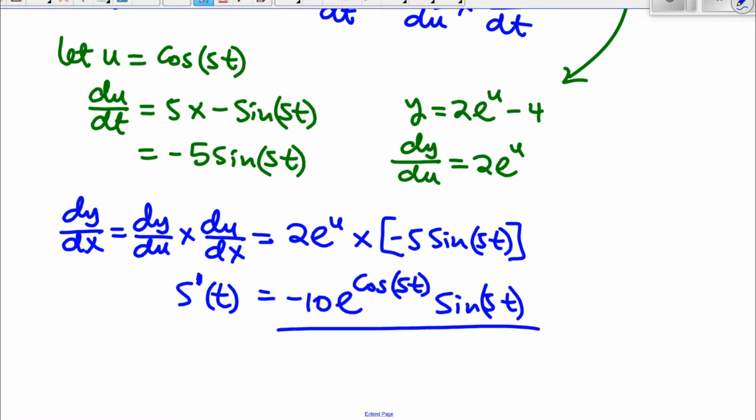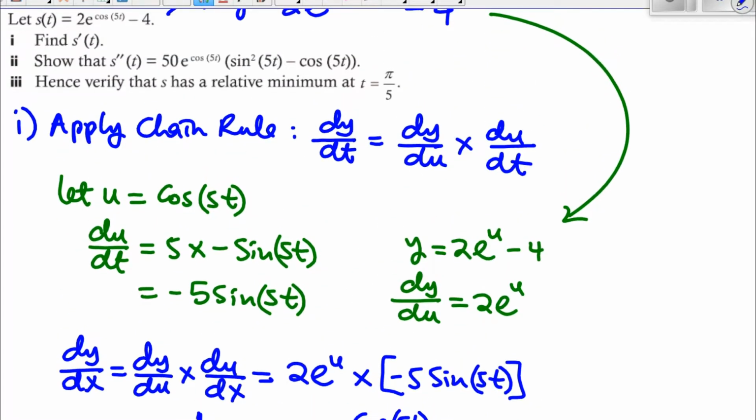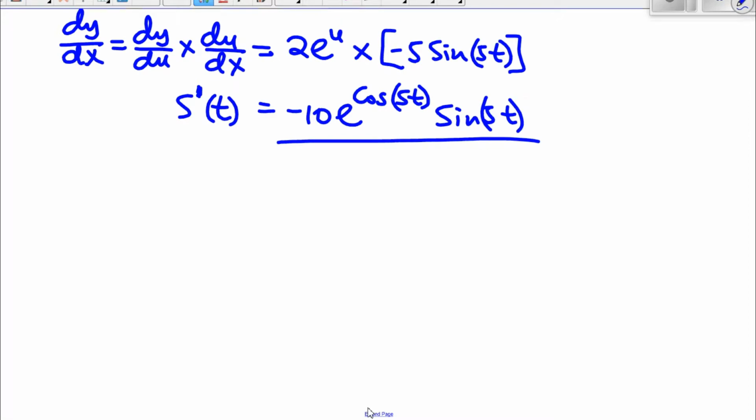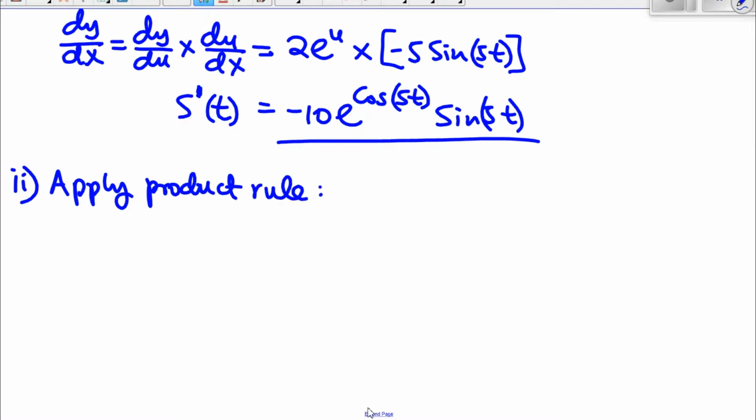Okay, so we can carry on to part 2 of this question, which means show that the second derivative will be equal to that. So we need to differentiate the first derivative, which means the second derivative. So this is part 2 now. We need to apply product rule because you have a product of two functions here. So we can go ahead and say the second derivative will be equal to,